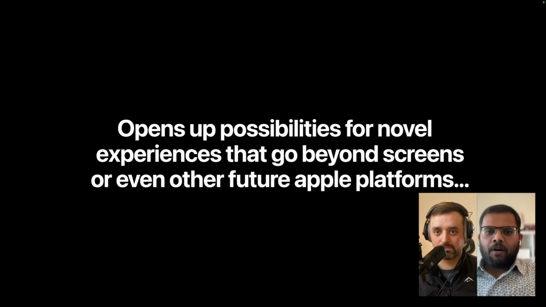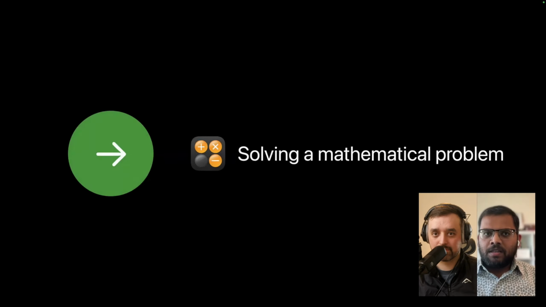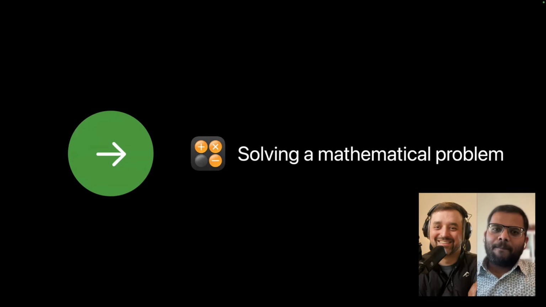Like we were talking about the HomePod, that's a new platform, and you could have something like that for it. But you can actually go beyond screens itself, and say, okay, I'm looking at the action and then deciding what's the right interface for it. Sometimes the right interface may not be a screen, right? It could be something completely different. And this is what I was working on for my master's thesis.